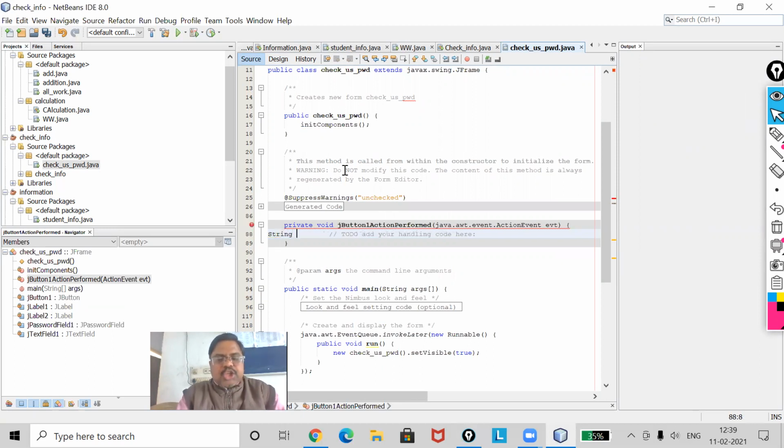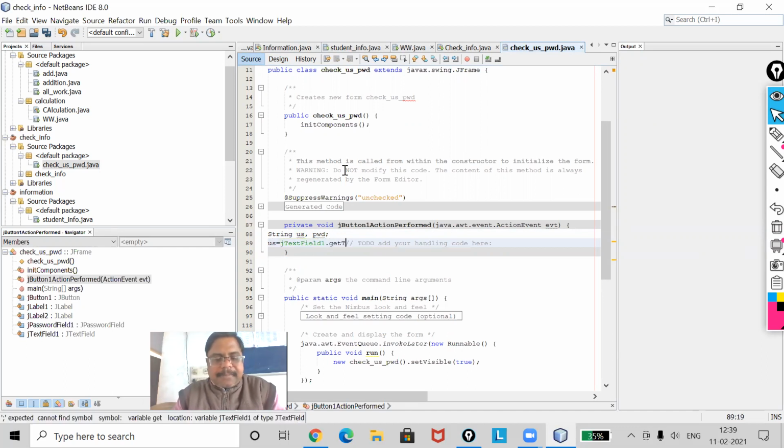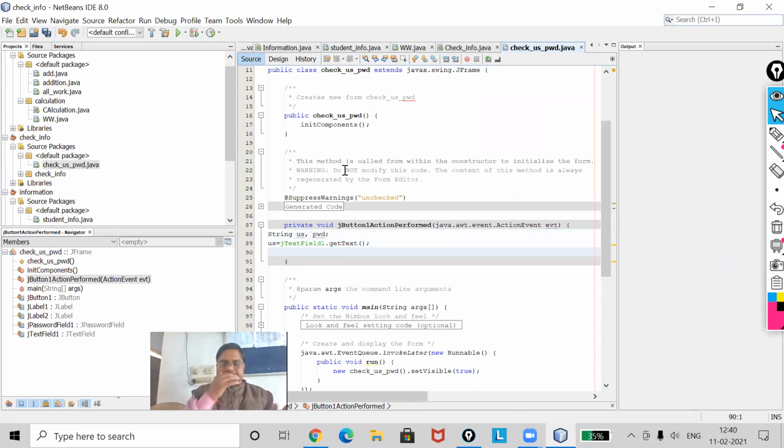I want US and PWD, and both variables must be strings. Now in US I will store the value of jTextField1 dot getText.